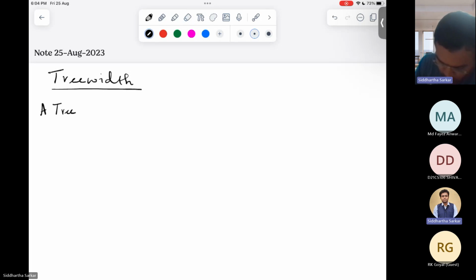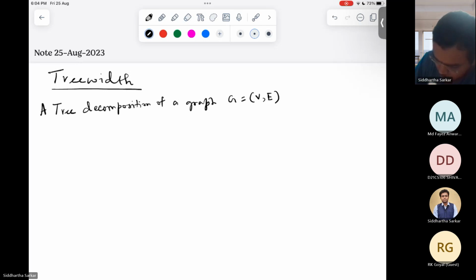I mean, it's the tree decomposition of a graph G, which consists of vertex set V and edge set E. So tree decomposition is defined as follows. It is a tree T of bags X such that